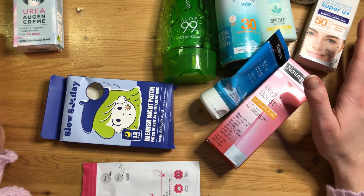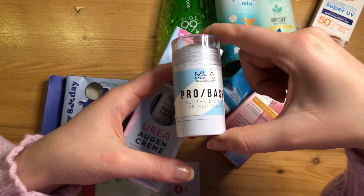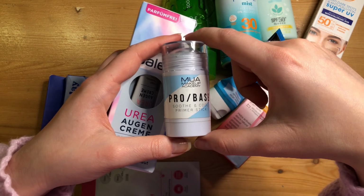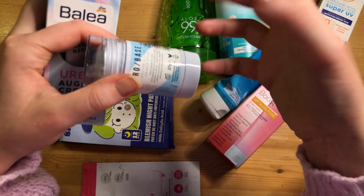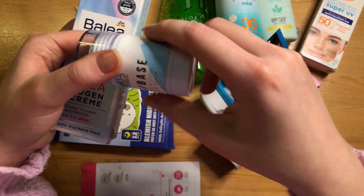And then eye products. So I have 2 eye products. This one is the MUA Makeup Academy Pro Base Suit and Cool Primer Stick. This one was nice for a while. It's kind of like a jelly-like stick that's good for cooling, but mine kind of dried up eventually, and it's